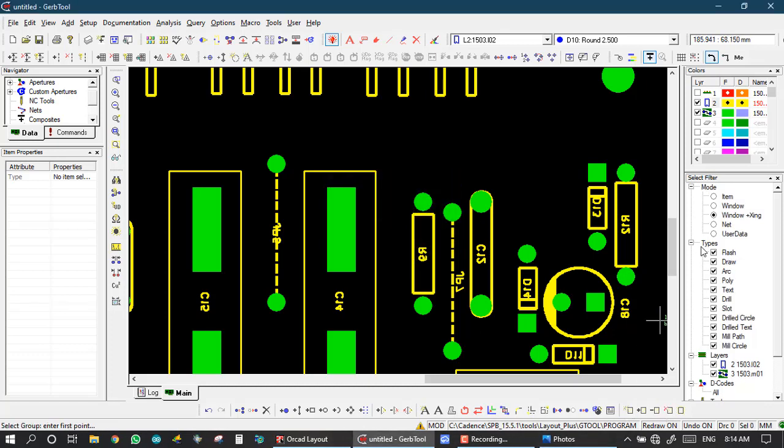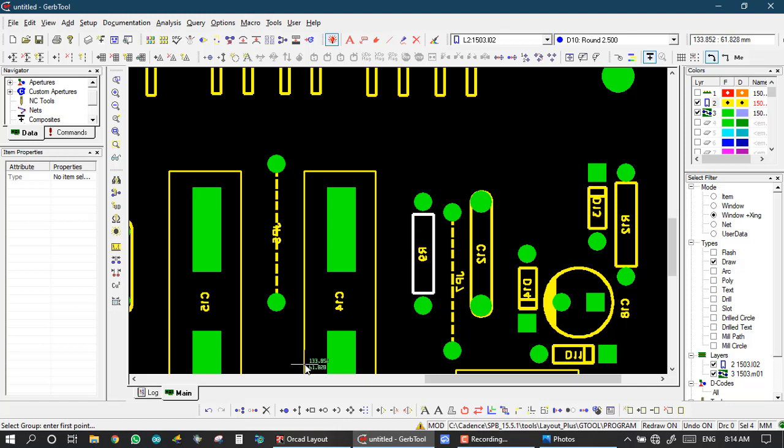Make a new group and select only draw. Now select nice. So this is the symbol of the resistor, and I select it in the group.